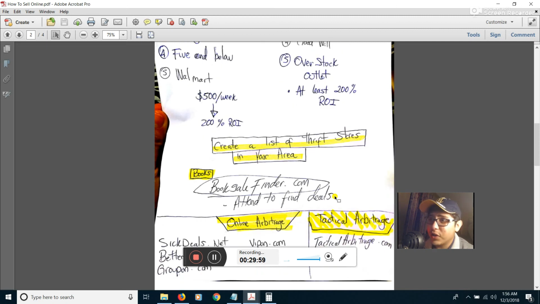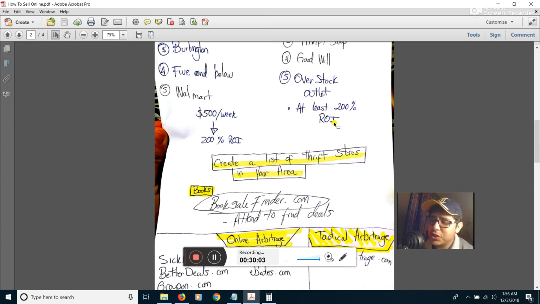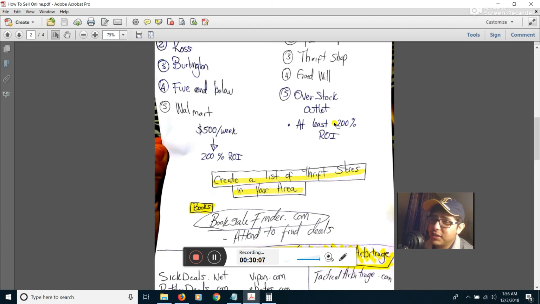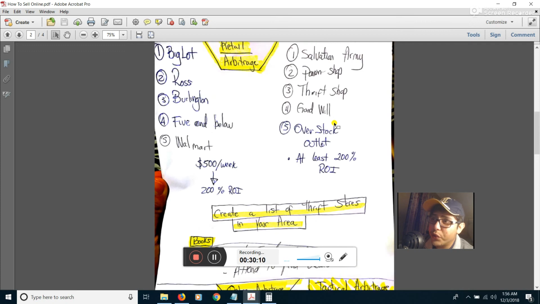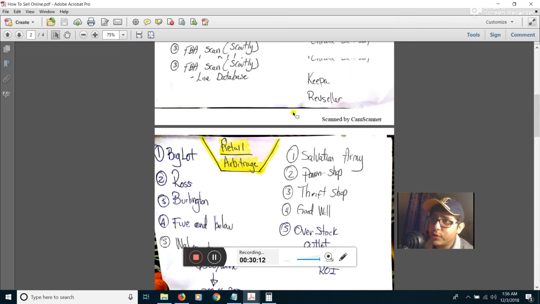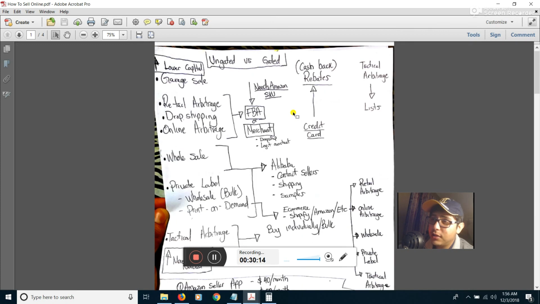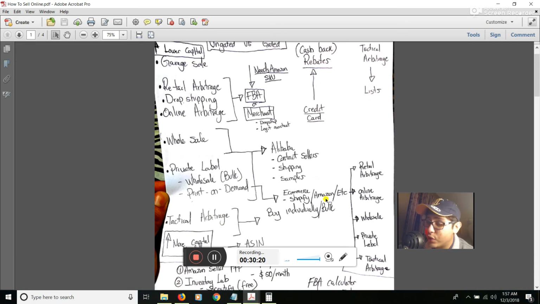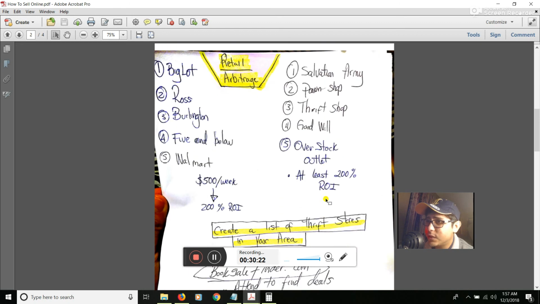So you always want to create a list of 3 thrift stores around your area to potentially visit and scan things. But it's really not necessary. That's only if you want to do retail arbitrage. So I want to show you the list again. There's retail arbitrage, drop shipping, online arbitrage, wholesale, private label, tactical arbitrage. So retail arbitrage,